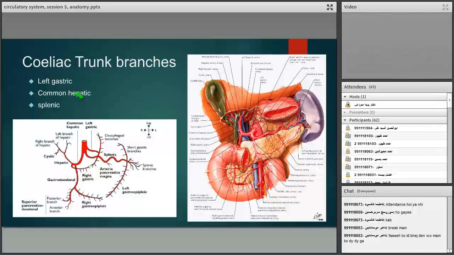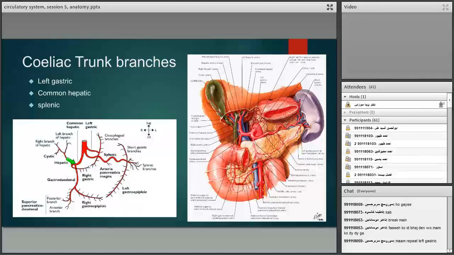The next branch is common hepatic. The common hepatic is deriving from the right side of the coeliac trunk branch and passing way to the right side. It wants to supply the blood for the liver. It has a part with the name of